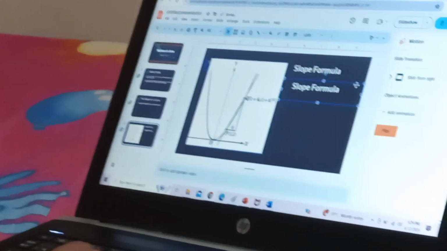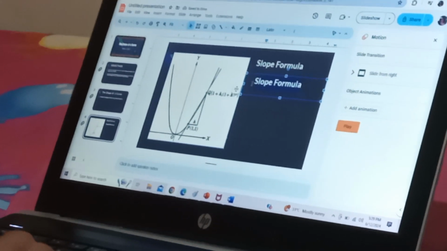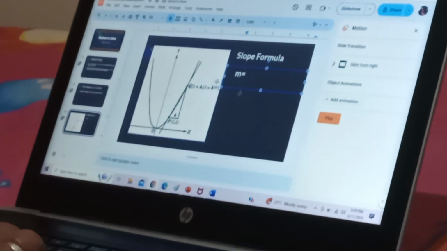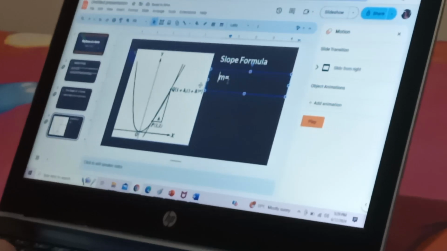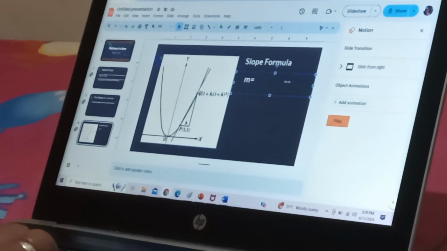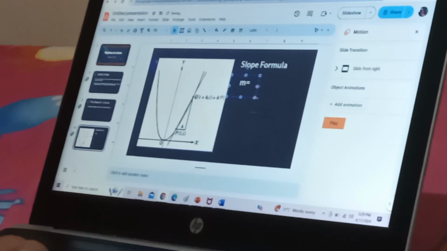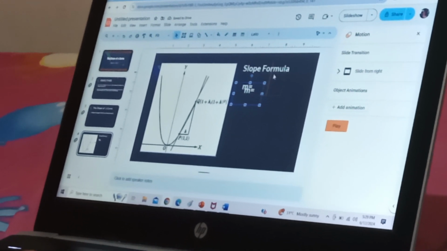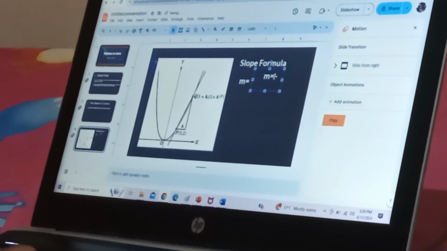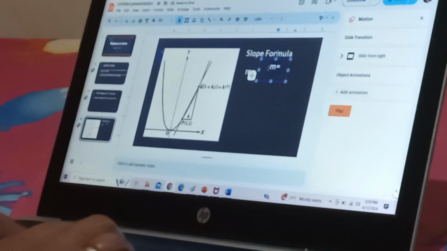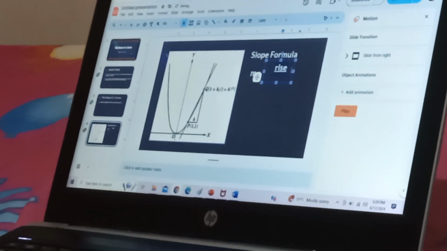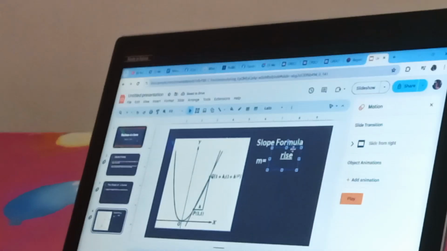Then M, the slope stands for M. And the text box.